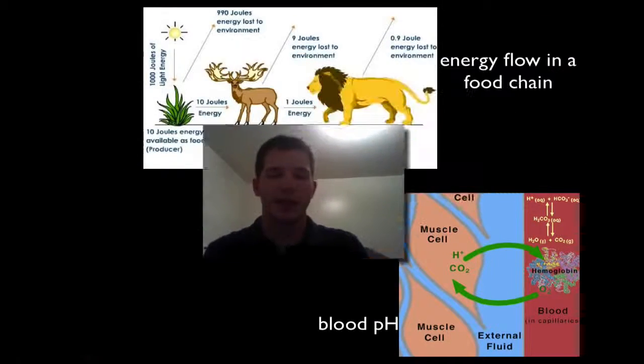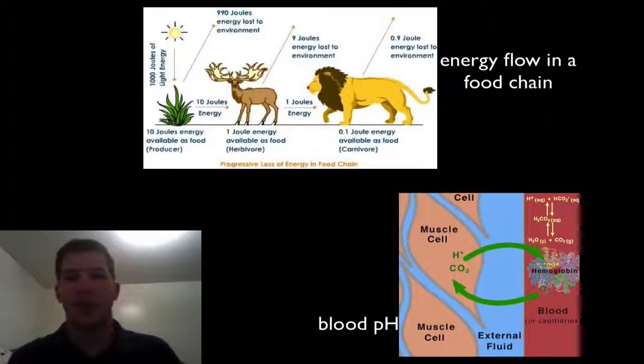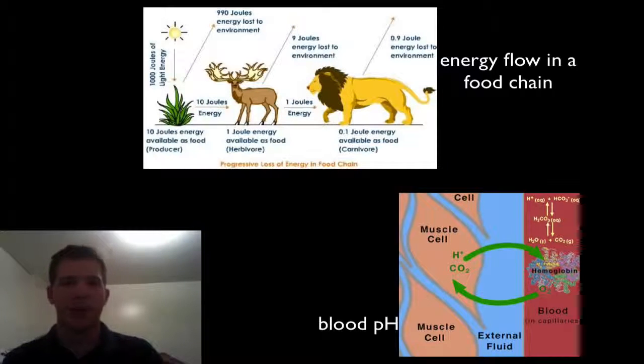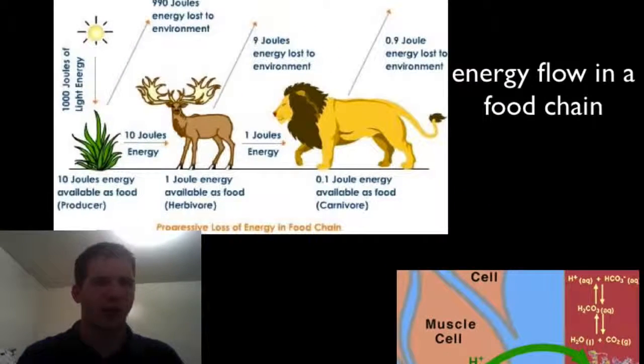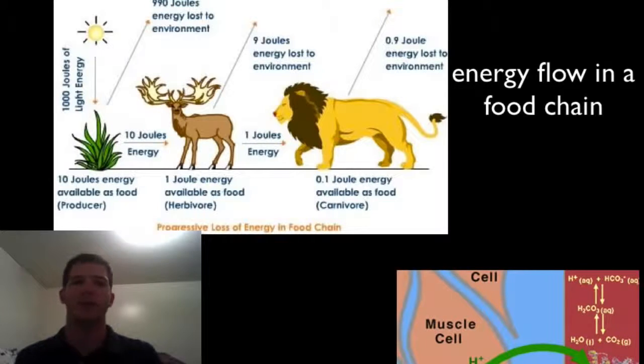All right, so the second big idea is that living things use energy to reproduce and transmit information as well as maintain themselves. A food chain is a great example of that. We have solar energy that plants use to transfer into chemical energy, so that plant eaters can eat those. Those are going to be the herbivores. But with each one of these food chain steps, we have energy being transferred between organisms as well as lost to the environment. And so the energy flow is always constant. There's always moving of energy between either organisms or the organism and its environment.